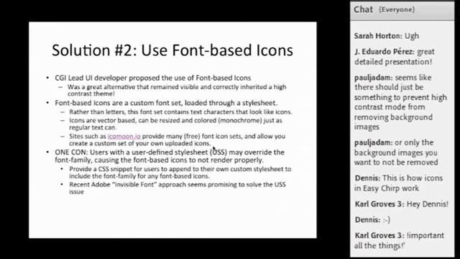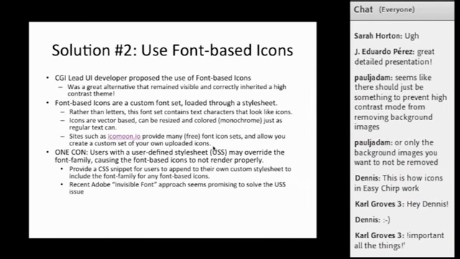So that's one solution. In that case, you would need to use both font icons and this mode detection script, and the result will be that you would see the hidden text appear as it was shown on this page. And the other solution is to use a special font set that Adobe created.